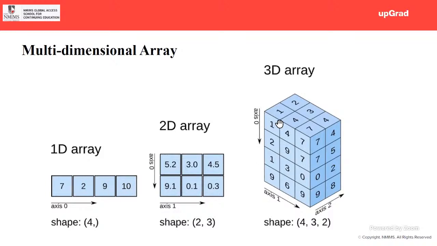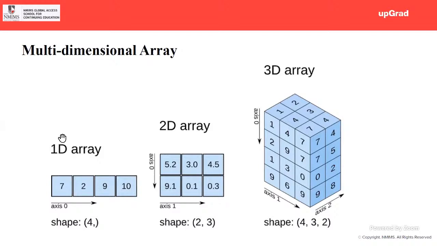Different books, different people refer to them differently. Some would say elements when you talk in programming language, but when you talk in data analysis language, they might say data values or data points. So it refers to the same thing. Don't get confused. You should be able to understand each and every lingo.